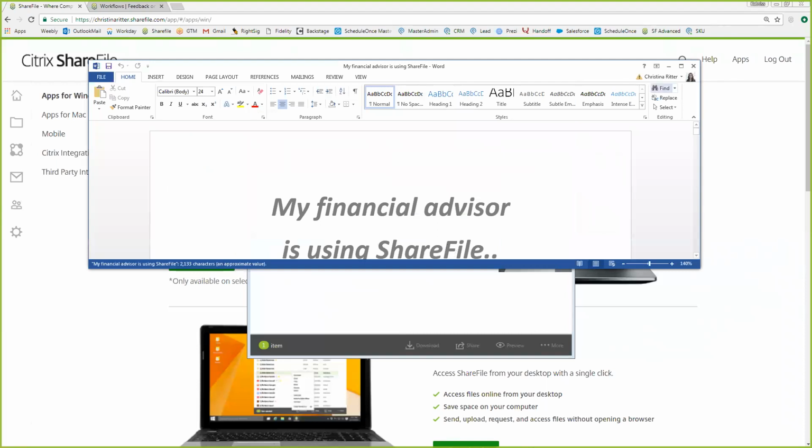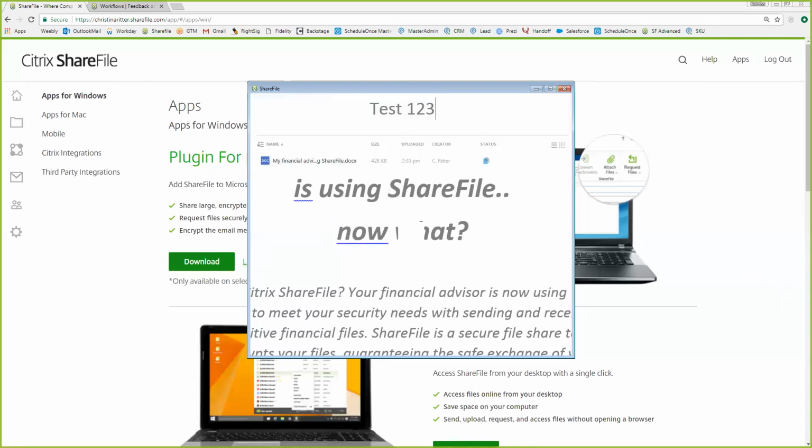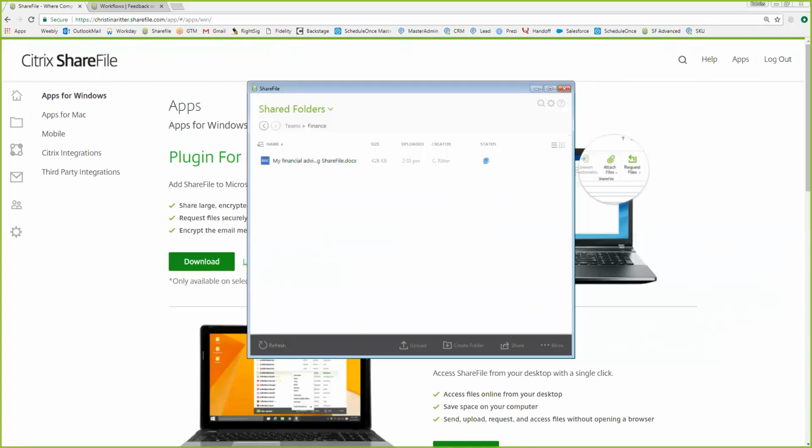It is opening Word for me, and here is that file. Now, if I need to do a quick little edit, we'll do test 1, 2, 3, and I'm satisfied. This is the edit that I wanted. I do not need to do a file save as and resave it to my documents. All I'll do is come to the upper left, click on the save icon, and that's it. I can X out of the document now. It is re-uploaded. So you'll notice, I'm going to pull back up the desktop app for us,